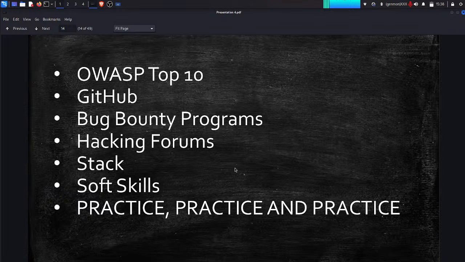For example, we discussed in penetration testing that the first step is to deal with the client. So you should have good communication skills in order to deal with the client. You should have good listening skills, because the client is the one who will be telling you how you should approach the system and what you should exactly do. And last is practice, practice, practice. You should be practicing more and more, and I will be there throughout this journey of ethical hacking and penetration testing. So let's end the stream.